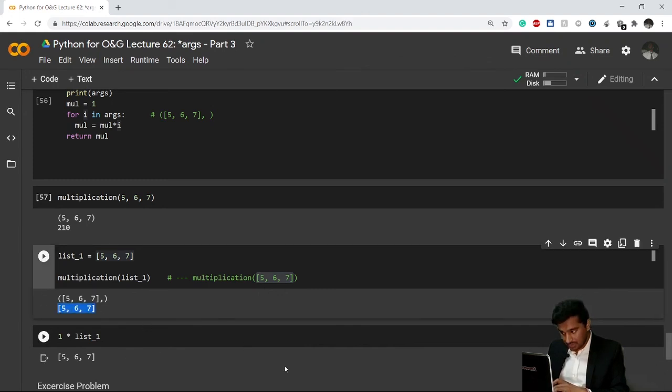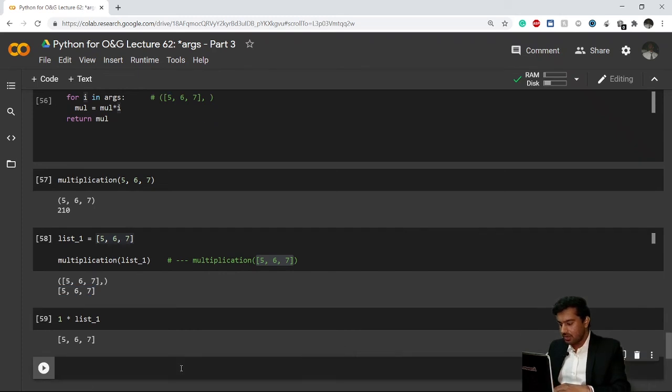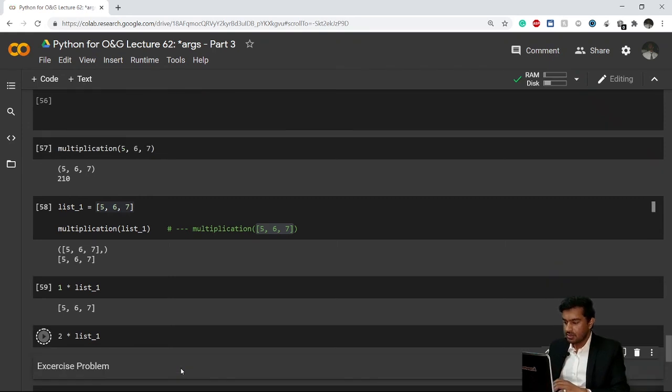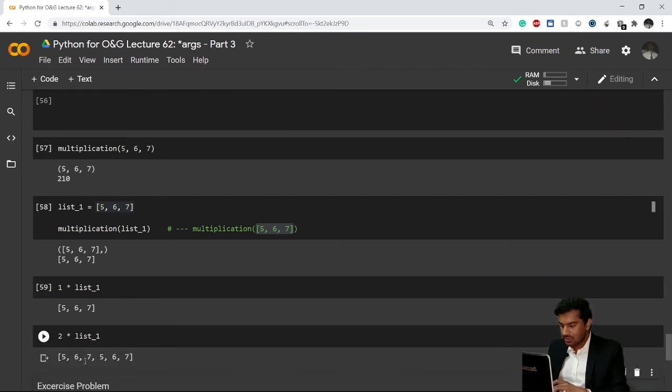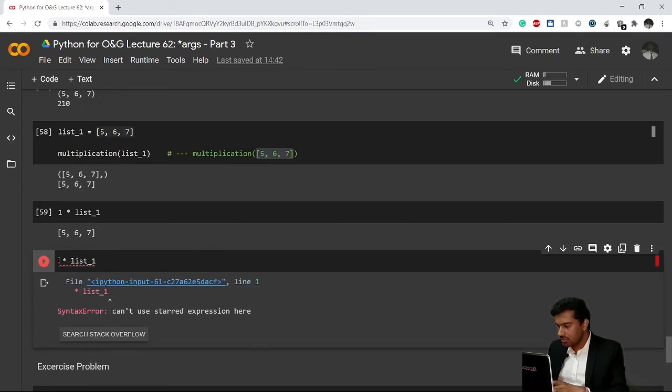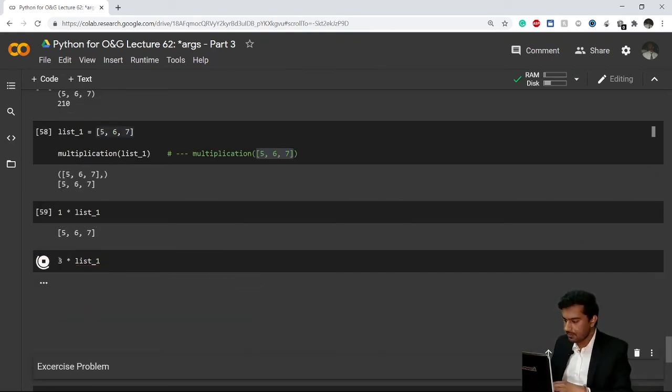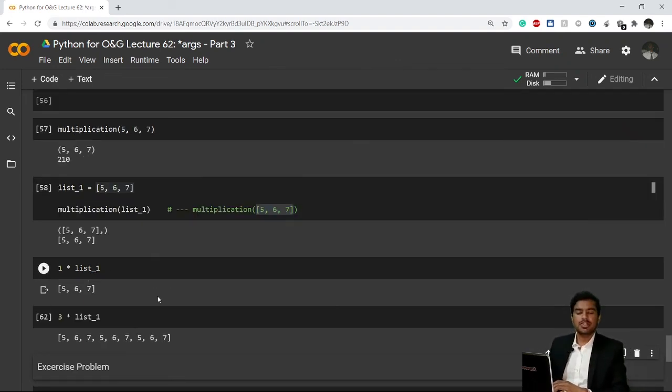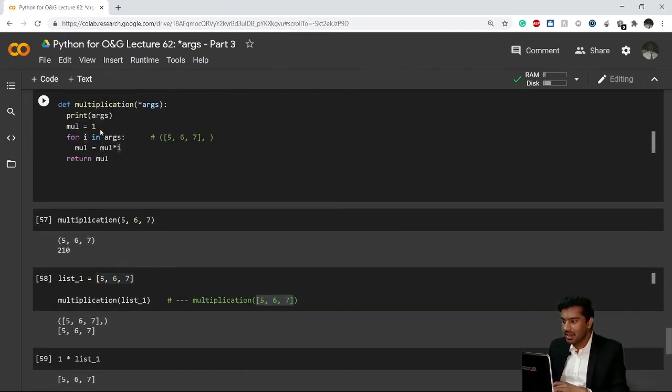If you multiply it by 2, it repeats the list 2 times, so the result is 567, then again 567. If I change it to 3, it will repeat 3 times. So this is how multiplication happens here: my MUL value 1 is multiplied by the value of i, and the value of i is the whole list.